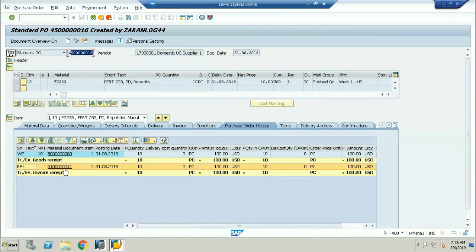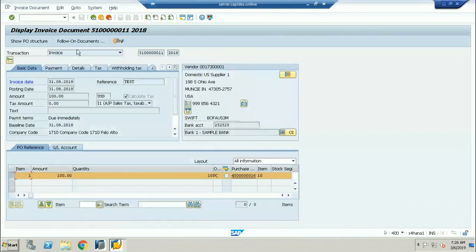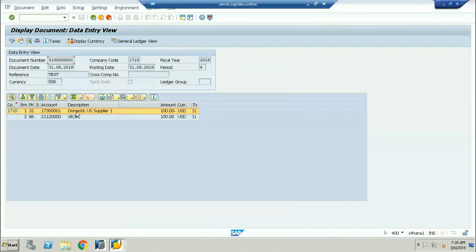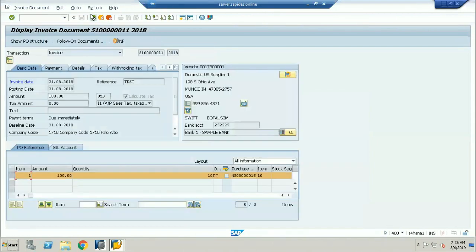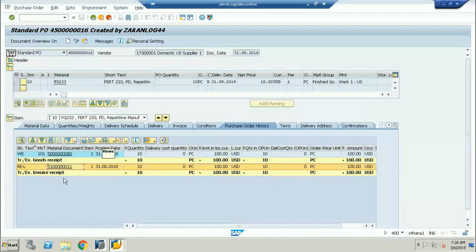Yes, the clearing document number I can bring here. If I go into the FI document, if I double click on this domestic vendor account line item, I can show the vendor account line item has been cleared with this clearing document number. But this clearing document number 1500000 you posted with the reference of the invoice number, not with the reference of the purchase order. So I don't think so, sir. I'll also check with my MM consultant. I don't think that document number will be shown as another line item over here.